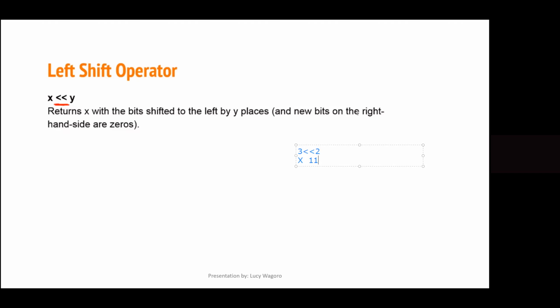The new bits on the right hand side are zeros. So it will be like pushing it like that. It adds 0 to the right, so that it pushes that twice. So the result for our X here is 12, which is 1, 1, 0, 0. If you want me to take you through conversion from base 2 to base 10, then I'll do it later and not today. But this should be a 12. 1, 1, 0, 0 is a 12.